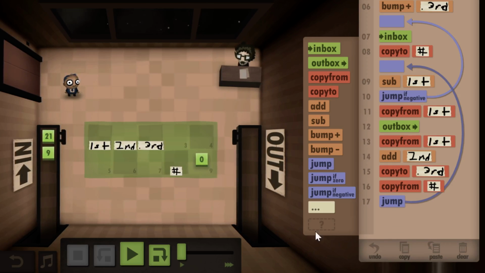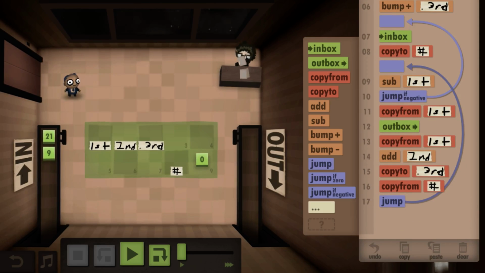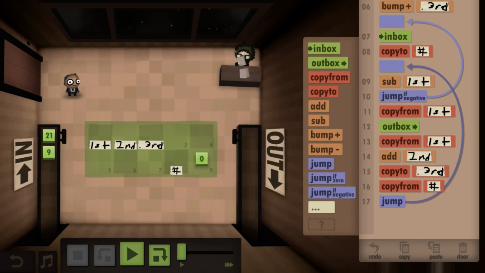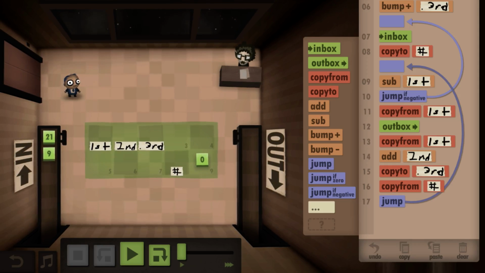I think we probably don't need third as something. How about instead we do copy from first, add it to second, and put it in third, and then